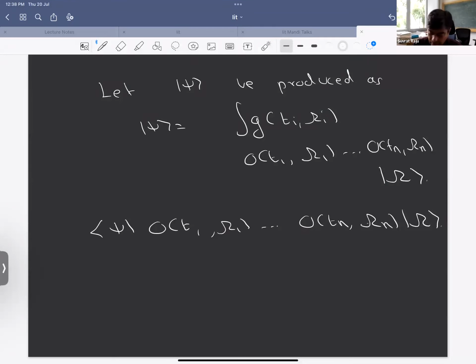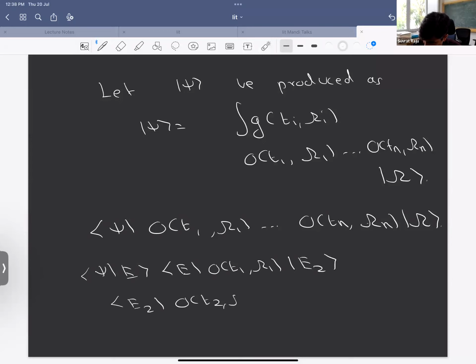And you insert complete sets of energy states everywhere in the middle. Okay. And when you do that, you'll now find that what you'll find will be some terms, if you just look at the t dependence, that look like,